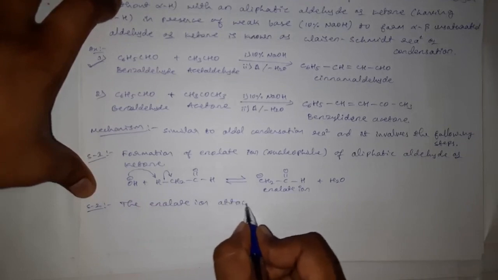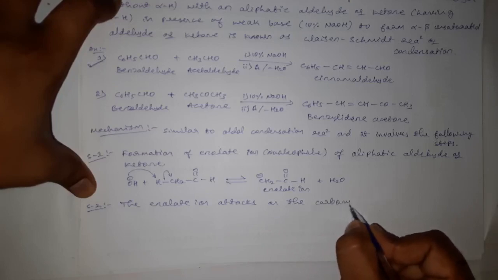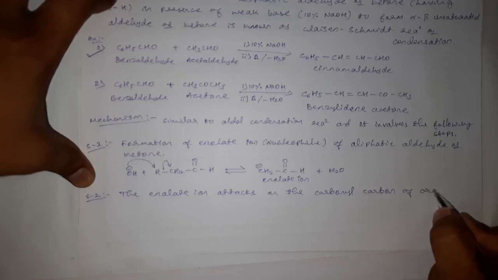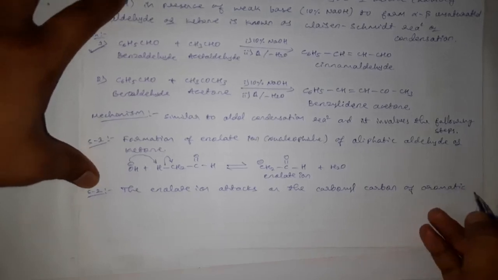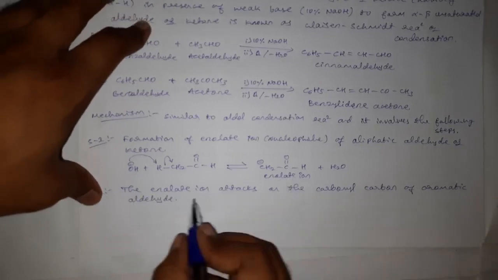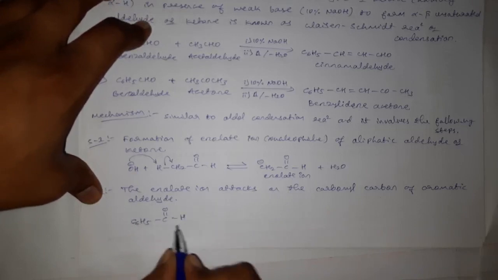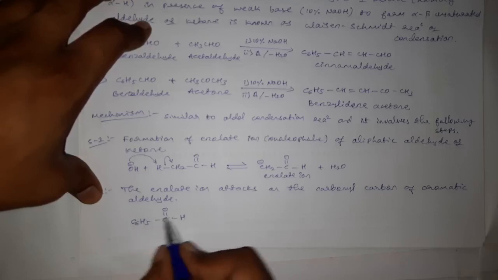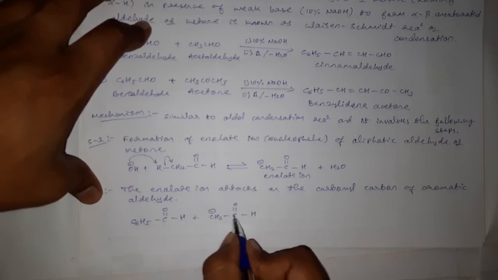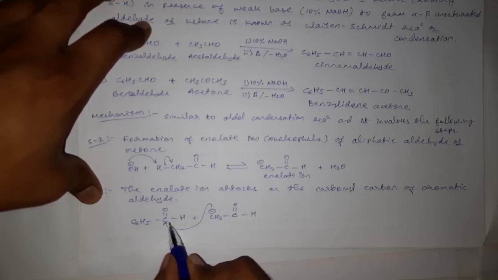Then the second step of this reaction mechanism: the enolate ion which is formed in the first step will now attack the carbonyl carbon of the aromatic aldehyde. See, this enolate ion, CH2 minus C double bond OH, with negative charge will act as a nucleophile and it will attack this electrophilic carbon, and